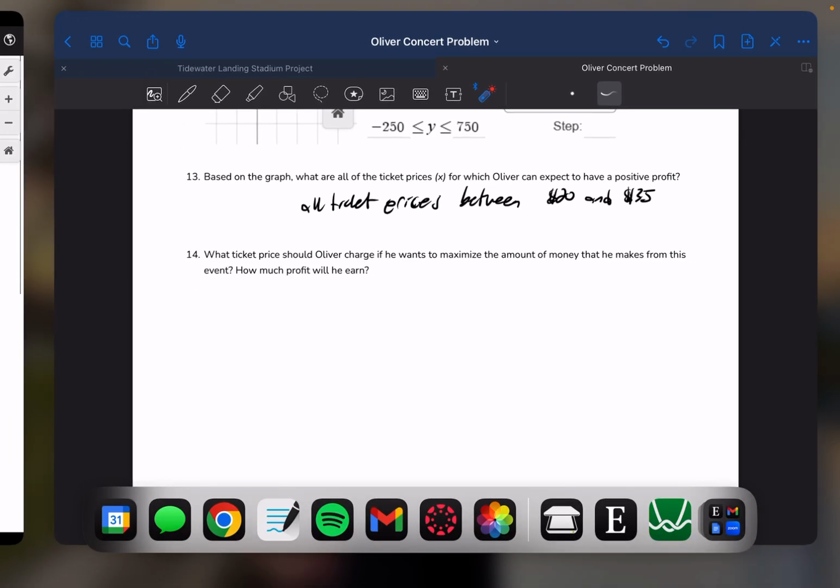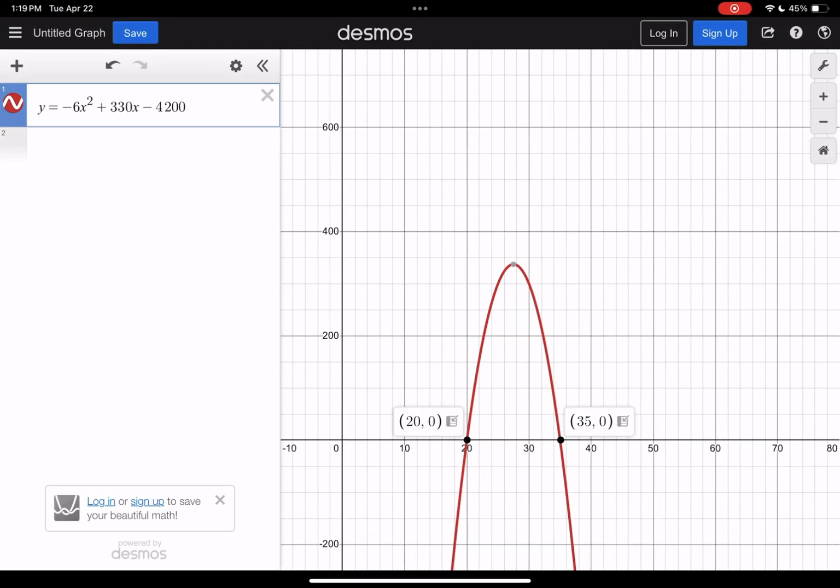And so for that, if we want to see the maximum, we're looking at, so y, how far up this graph goes, represents the amount of profit, and x is the ticket price. So where will he earn the most profit? Well, that's in the middle. That's at the vertex. That's the point 27.50, 337.50. And so if Oliver wants to earn as much profit as possible, he'll charge $27.50. That's your X value. And he will earn